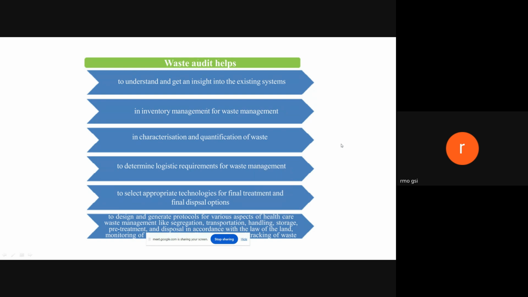I've been given two lectures for administration, but it is a small topic that you have to follow, or you have to follow all the rules and regulations. So regularly visit the common biomedical waste treatment facility, because now as per the Biomedical Waste Management Act, all the waste which is generated by the healthcare facility is transported to the common biomedical waste treatment facility, and the common biomedical waste treatment facility will finally dispose as per the guideline of the biomedical waste